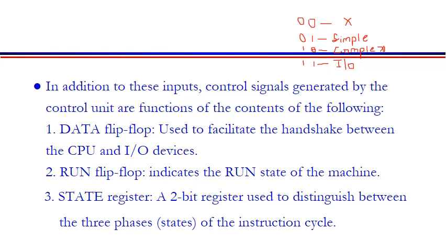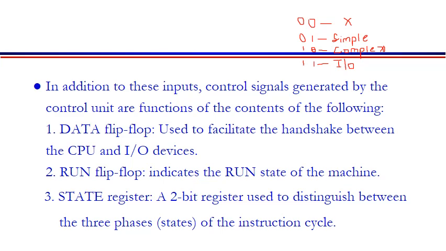The second phase is the complex register transfer. If we are moving data from one memory to another memory, and this data is also being added with some other data of a memory location, and then the data is moved to a third memory location, this type of data transfer will be a complex data transfer. In this case the status of the bits will be 10, and this will be the complex phase of the instruction cycle.